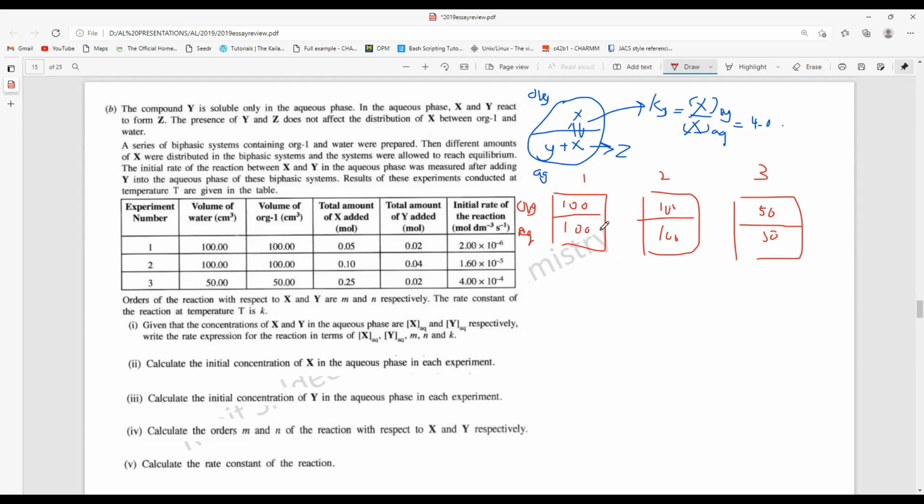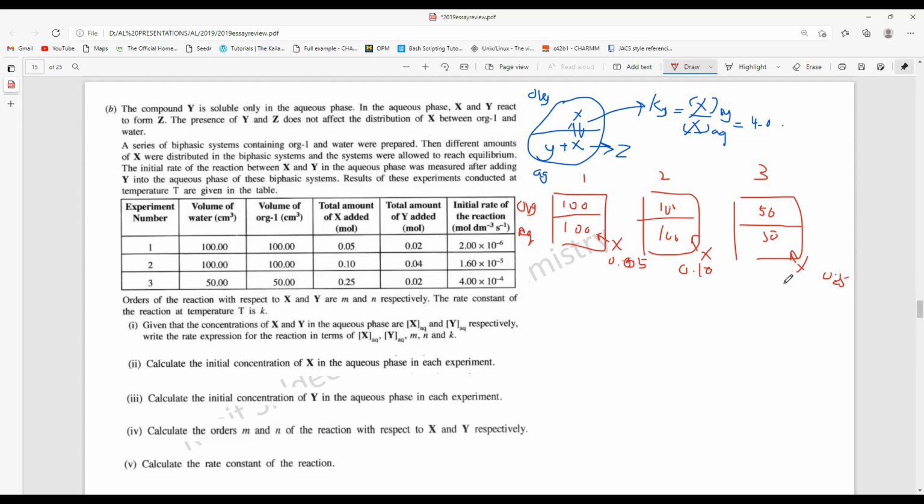So let's say X is added in this place here, X 0.05, and here that is 0.1 mole of X. This is 0.05, and here the amount of X is